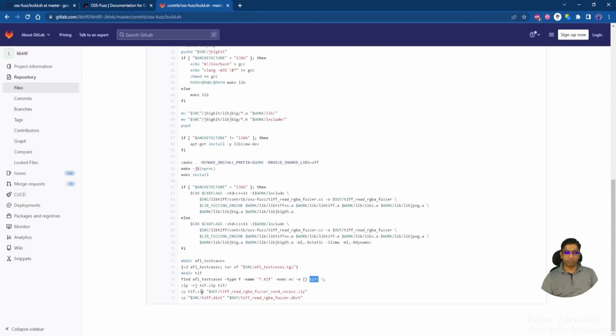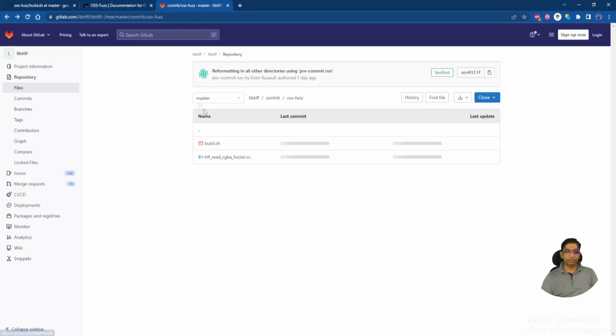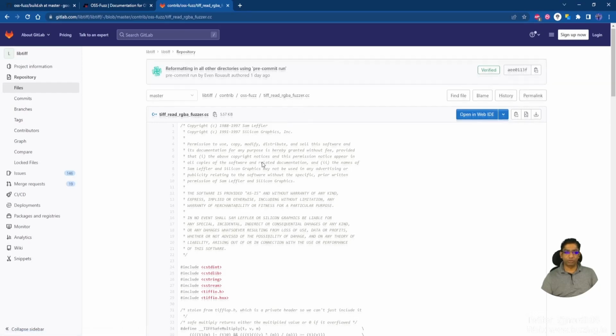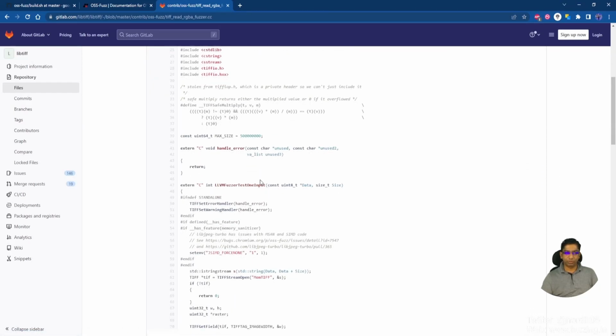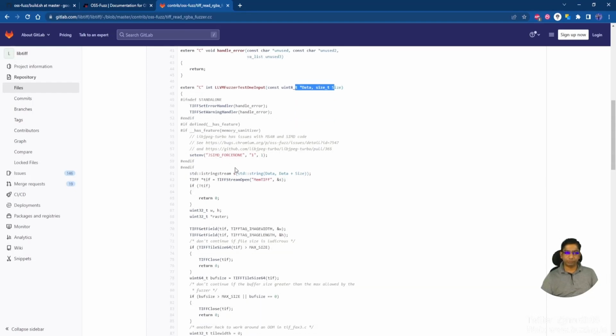So these are the build instructions, and now let us go ahead and see what this fuzzing harness contains. If you open this fuzzing harness, that is tiff_read_rgb_fuzzer.cc, you will notice that it follows the libFuzzer harnessing style. If you are not sure what libFuzzer is, I suggest you go to my channel and look at the libFuzzer video. So it expects two parameters over here, data and size of this data, and over here